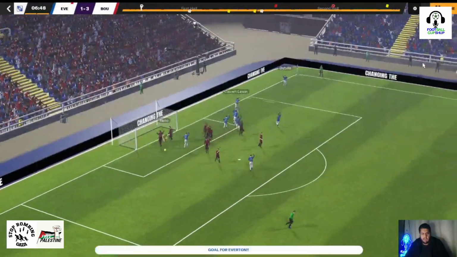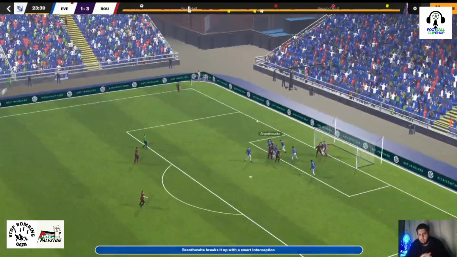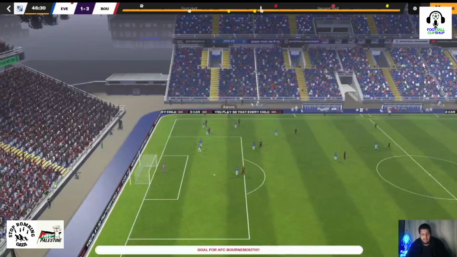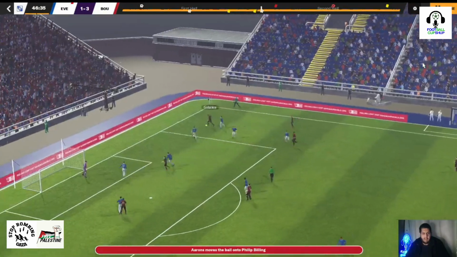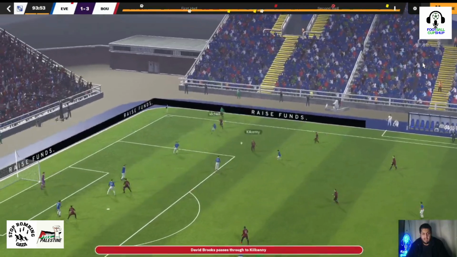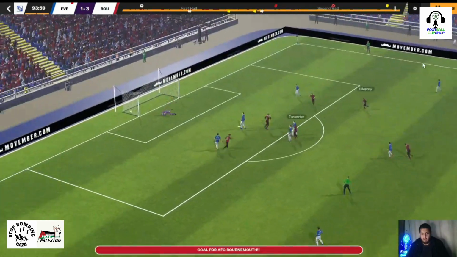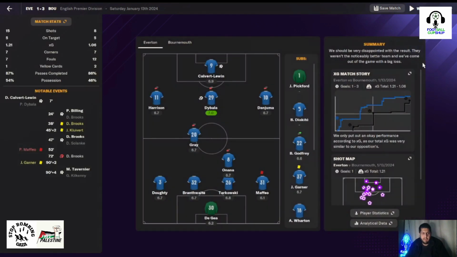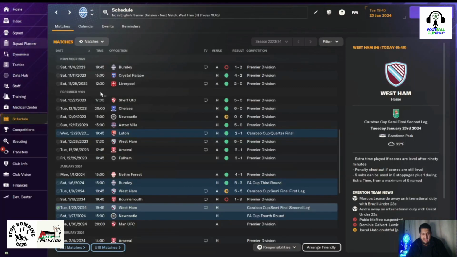So you can see Calvert-Lewin getting on the score sheet. Then it was all Bournemouth, and they weren't giving us any kind of space. They were so good. I mean, you have to give the credit to the manager. Brooks was simply sensational. Brooks and Tavernier were really good. I mean, Tavernier really had a brilliant game. So that was the case, and we're going to go back and head into the next game, which is our Carabao